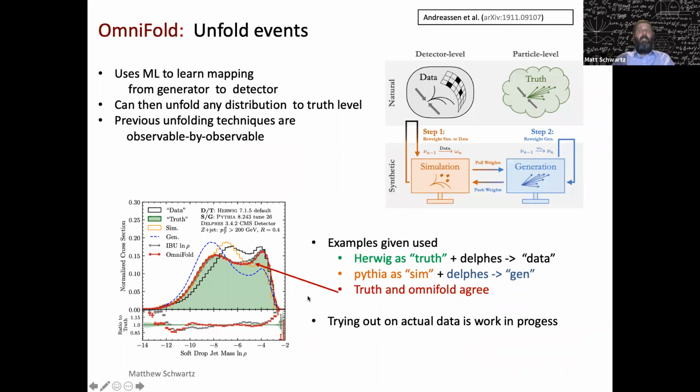So following up on that idea was another paper by Andreassen and Nachman, but also some other people, called OmniFold, where it uses machine learning to unravel the mapping between detector simulation. So there's event generation, which is like Pythia, detector simulation, which is like Geant, and the actual data. So the idea is to learn these mappings so that you can unfold the data directly into the simulation, right? So what's going on now is that if you have some data that you want to compare to a theory calculation,